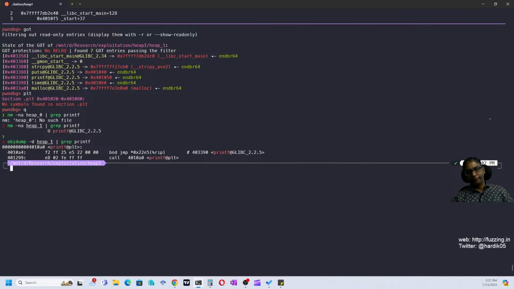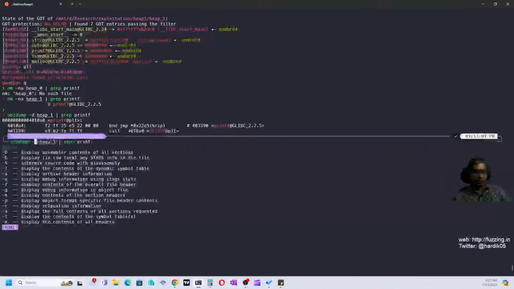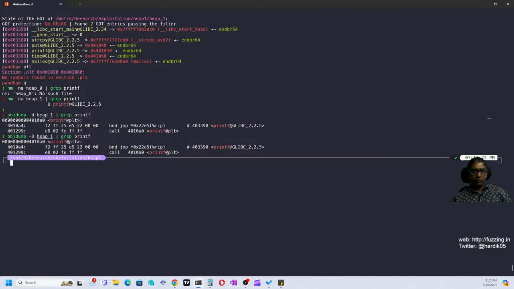Yes, okay, so we got the address of printf, which is over here. So if we write this, right, then 4010A0. Okay, so this is the address of printf, and